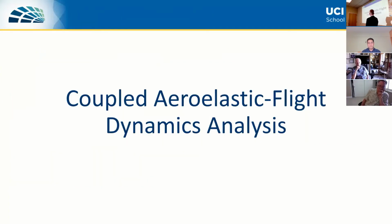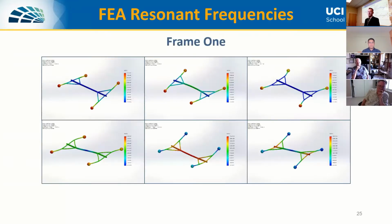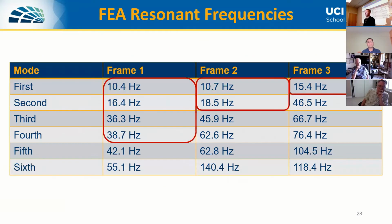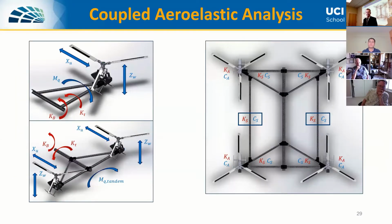So let's first look at the coupled aeroelastic flight dynamics analysis. Looking at frame design 1, frame design 2, and frame design 3, we identify some mode shapes and their predicted frequencies that, like I said, have fallen in this band of frequencies that have been problematic up to this point. So the initial idea was to take the rotors and calculate the stability and control derivatives of each individual rotor,